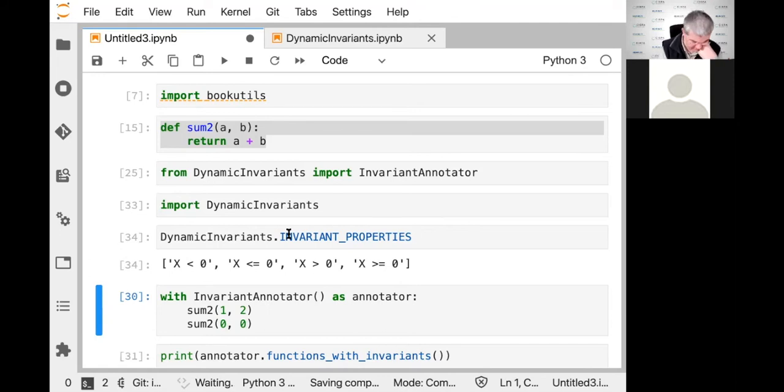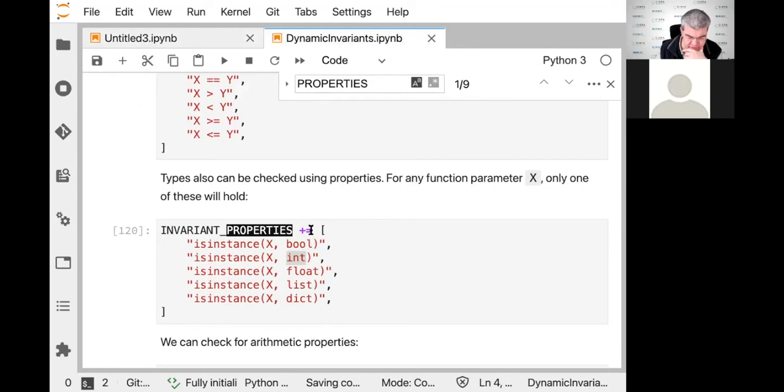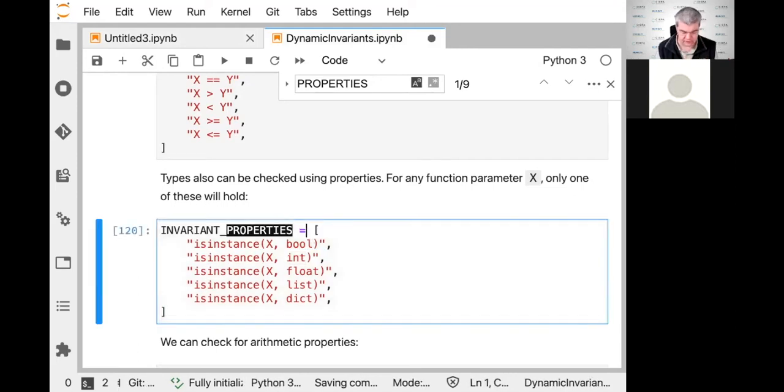Okay. Oh, this is super cool. I just found a big bug in my own implementation. This is really cool because when we're importing these invariant properties, for some weird reason, these later things here do not get added to that. Now that's really interesting. So let me just see whether I can